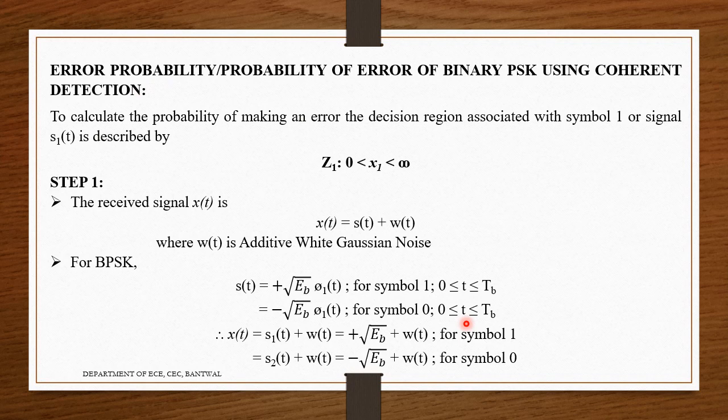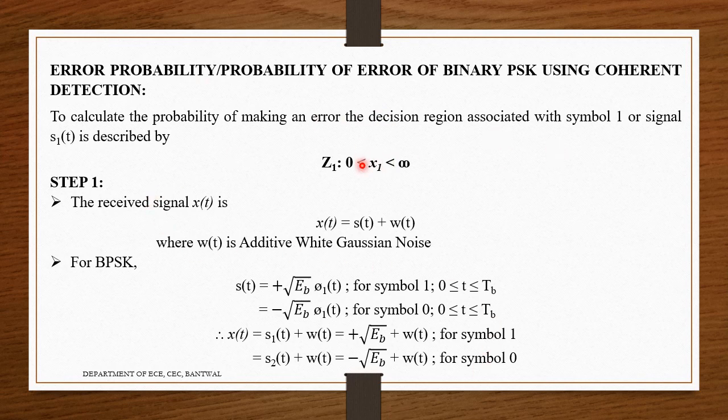So till here we studied all about PSK, how the signal is transmitted and received, and how generation and detection are done. But if an error occurs, how do we remove it? We will look into that from here on. This we call the probability of error.